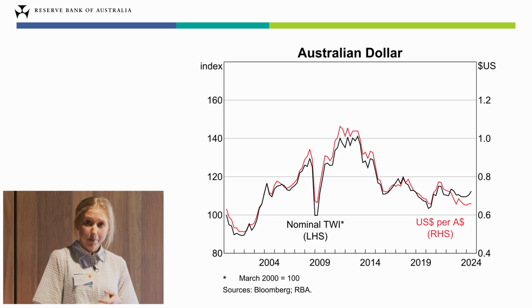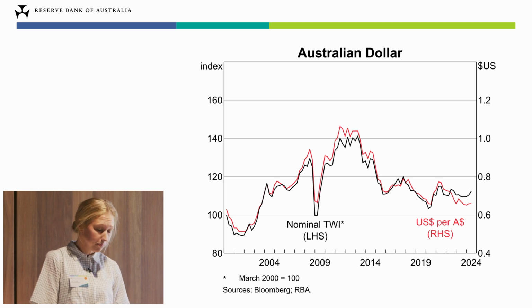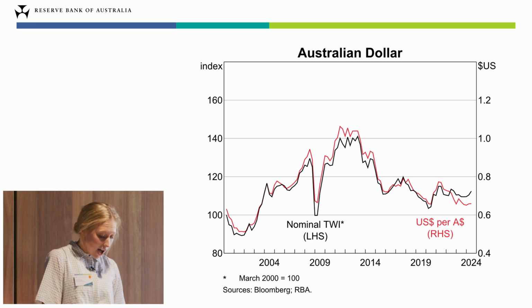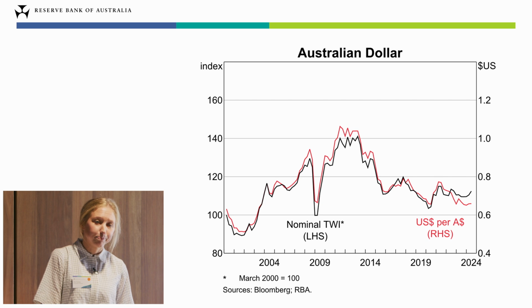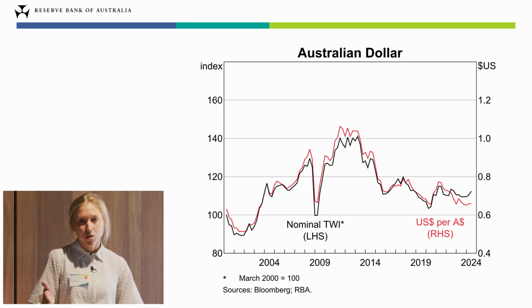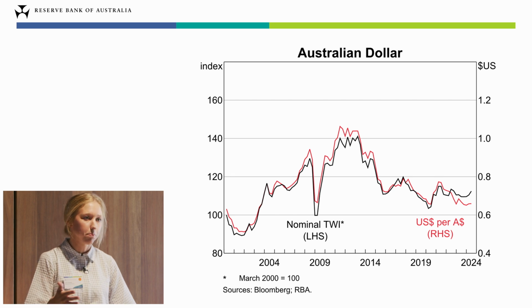So in Australia, about 30% of our TWI is accounted for by the Chinese renminbi, followed by the yen at around 13%, and the euro at about 9%. So as you can see, if we are only looking at the Aussie dollar against the US dollar, it means that we're missing out on the value of the Aussie against some of the countries that are most important to Australia's economy for trade purposes.